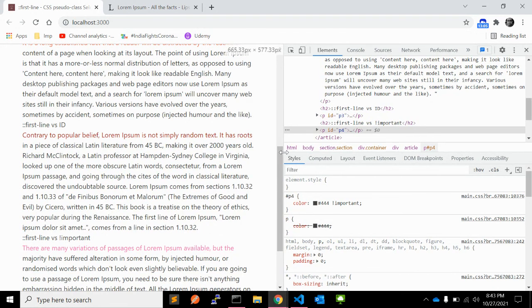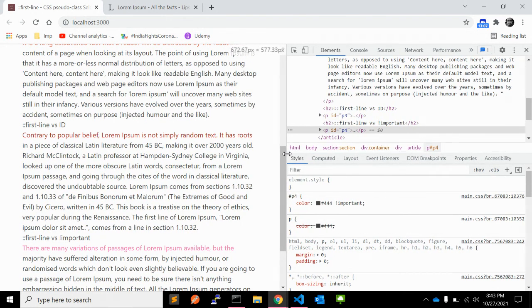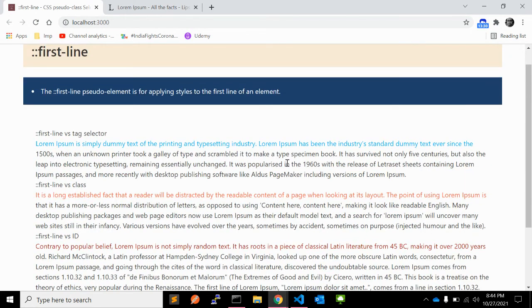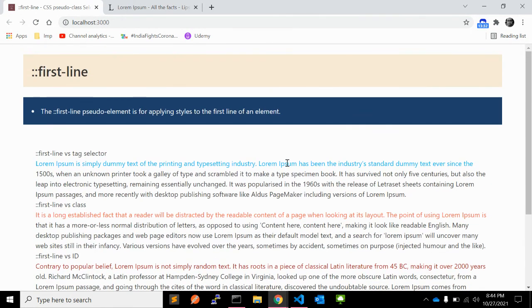So try resizing your browser to see how the pseudo element behaves when the viewport width changes. And there is no last line or nth line CSS selector, like pseudo element last line or pseudo element nth line. So this was the brief overview of the pseudo element first line.